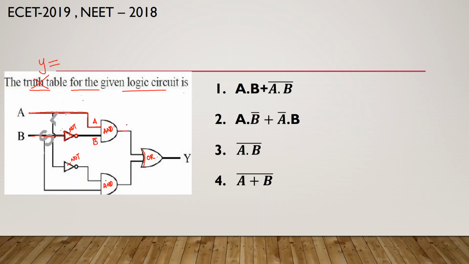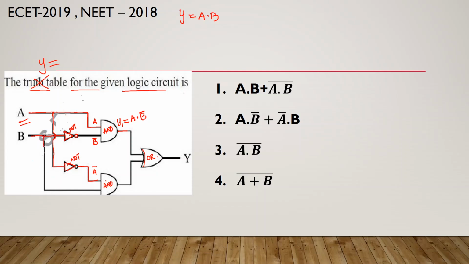Now, what is the output for the AND gate? We know that for an AND gate the output will be Y equals A dot B. So here I am writing it as Y1. Y1 is equal to A dot, instead of B, here it is B bar. Now let us see this gate. Again it has 2 inputs. This is the A input, attached to a NOT gate. Whenever the input for a NOT gate is A, the output will become A bar.